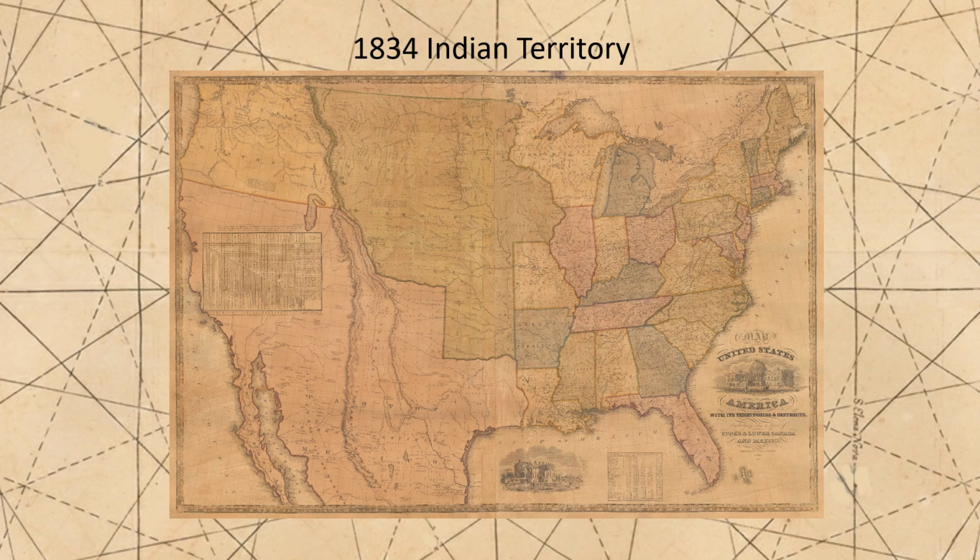This culminated in the 1834 Indian Intercourse Act, when the Indians were given, quote, all that part of the United States west of the Mississippi and not within the states of Missouri and Louisiana or the territory of Arkansas. This was officially unorganized territory set aside solely for the use of the Indians. Notably, these lands were at the outer edge of the country, which conveniently provided a buffer between the states and Spanish territory.